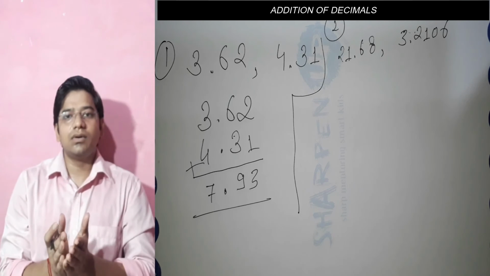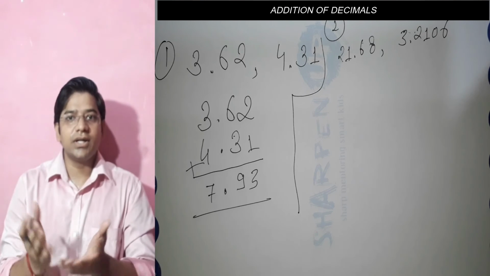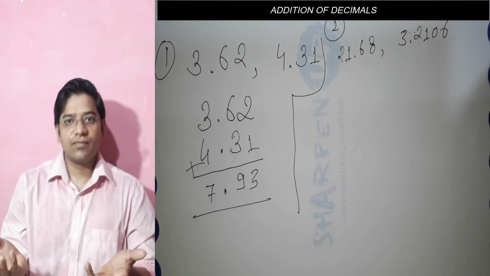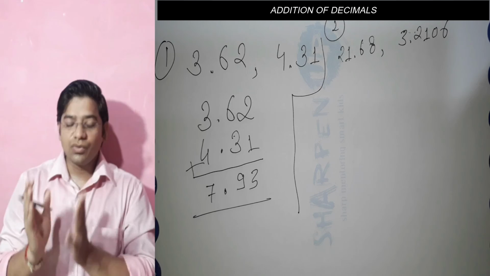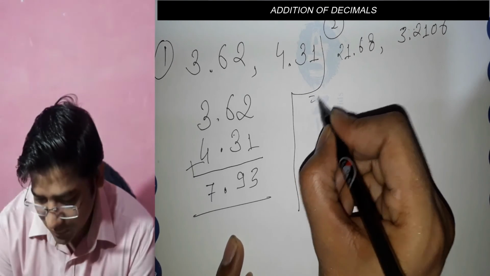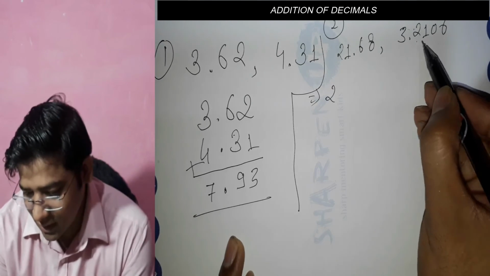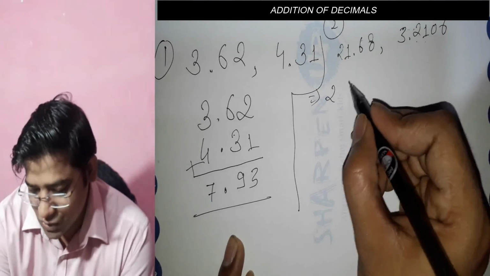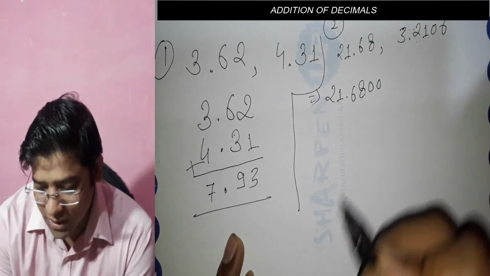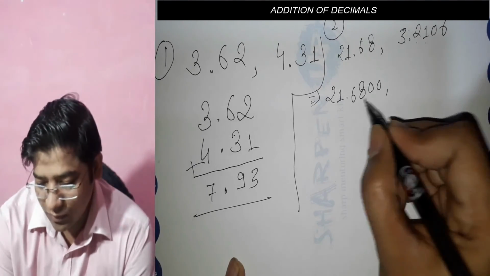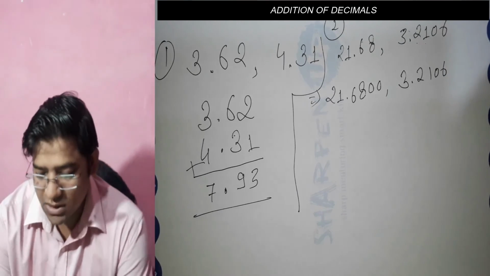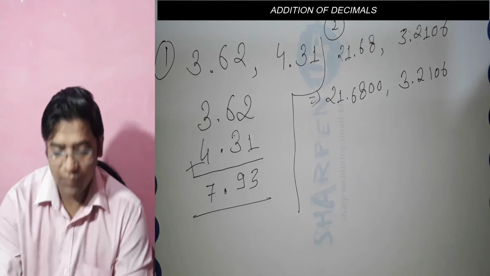As when we were performing addition in fractions, for adding them, first of all we had to make them like fractions. So in the same way we have to do the same here. First of all we will convert them into like decimals. How? If I convert them into like decimals, we can see here 1 2 3 4 digits after the decimal point. So I will write 21.68, there are two digits, so I will add two zeros here and it will become 4 digits after the point, and this is my second decimal, so that means now they are like decimals. Now I have to do the same procedure.